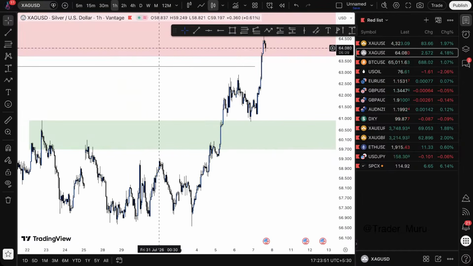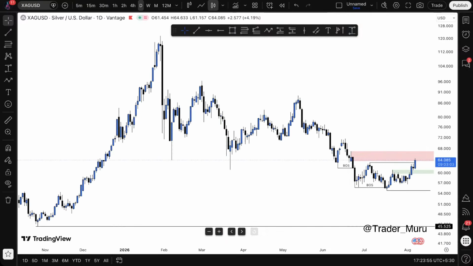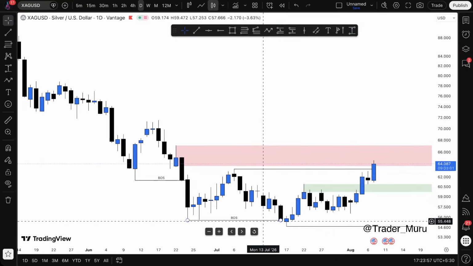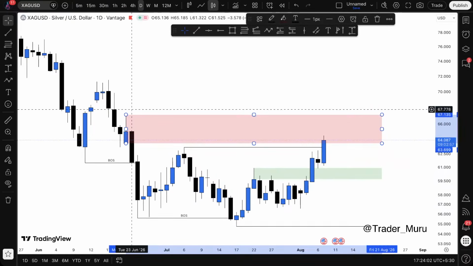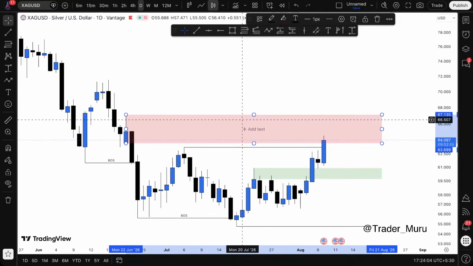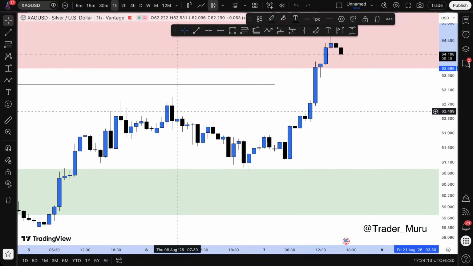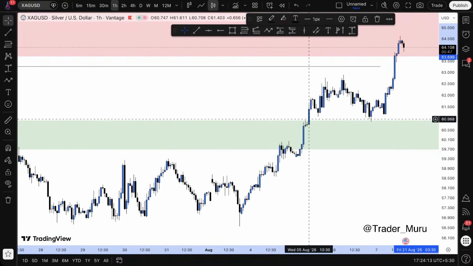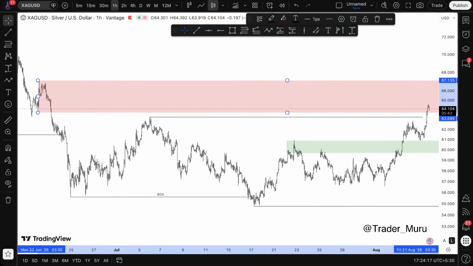Silver is still bearish. We have a breakout structure here in daily time frame, and this is our pending order block of daily time frame. If a pending order block of daily time frame gets hit, mitigated, and a 1 hour time frame gets a change of character, it is a bearish sign, and from there you can take a trade in the direction of daily time frame order block, which is bearish. Okay,